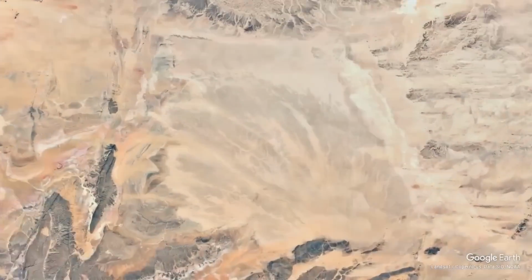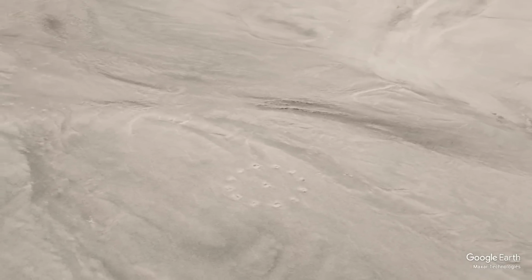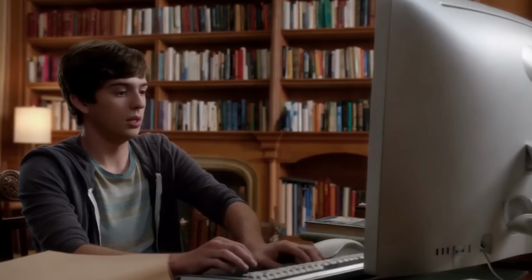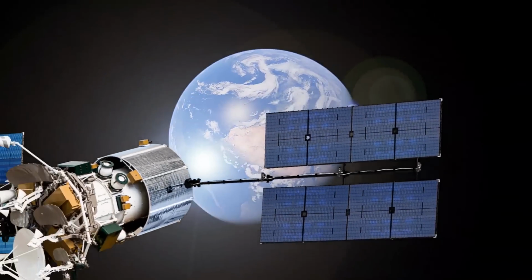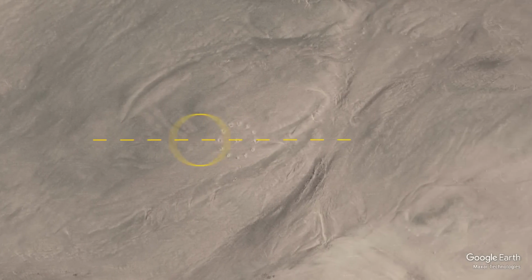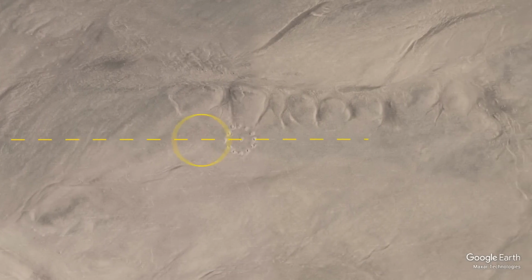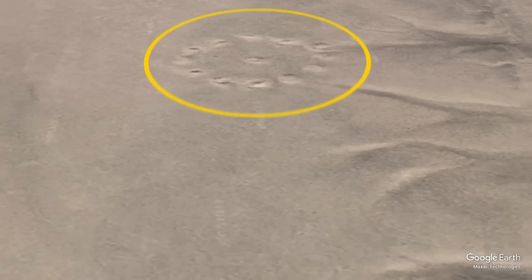What about these tiny dots that appeared on images of Google Earth? These strange spotted circles were found in the middle of the Algerian desert. A YouTuber browsing on Google Earth found these circles and discovered that people had been debating over their origin for years. He thought they were a glitch from satellite images. There are dozens of them, stretching for miles and miles in a straight line. They're far away from any town, road, or human activity, making it hard to understand if it was man-made or